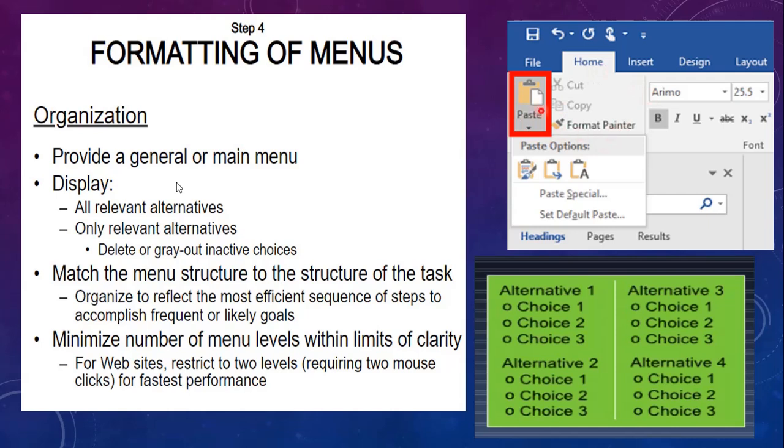Now you have less depth. Again, suppose the cut option has one more action, a submenu; then it increases the depth now. So if in your menu the depth is less, what are the advantages?